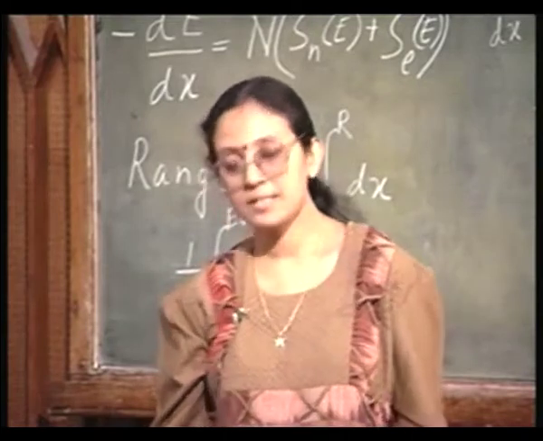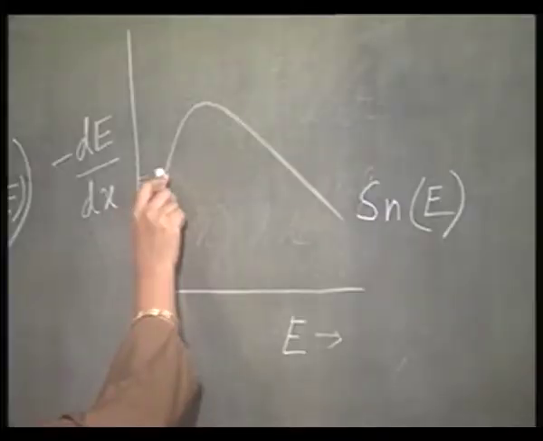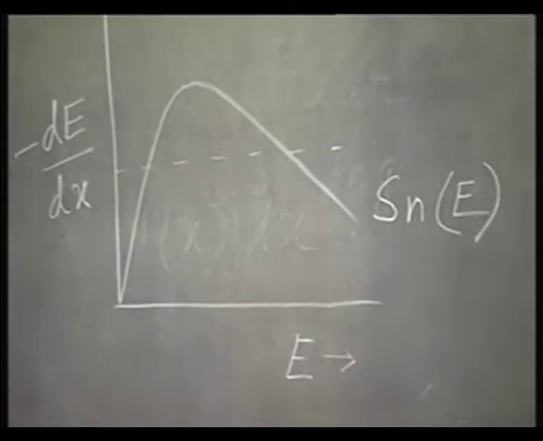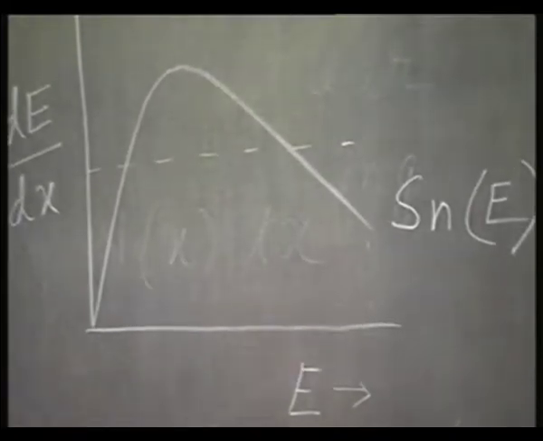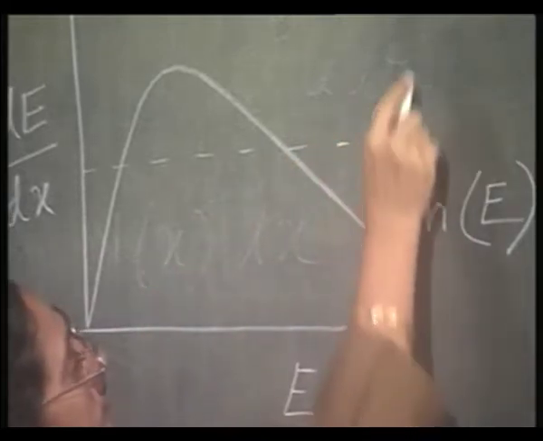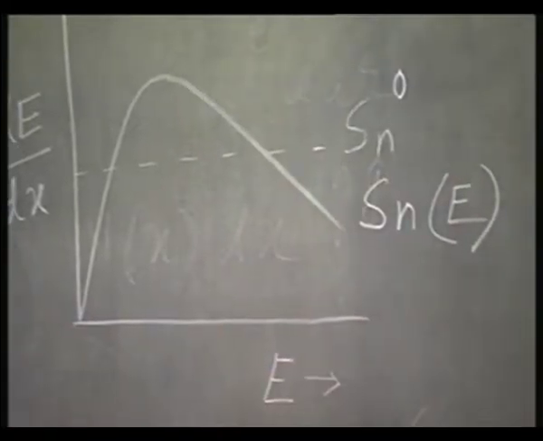Okay. But since this is difficult to model, an approximation is made, which is taken to be a sort of constant with energy, it does not vary with energy. Okay. The line parallel to the E axis. So, this is called SN0. On the other hand, if we look at the electronic stopping,